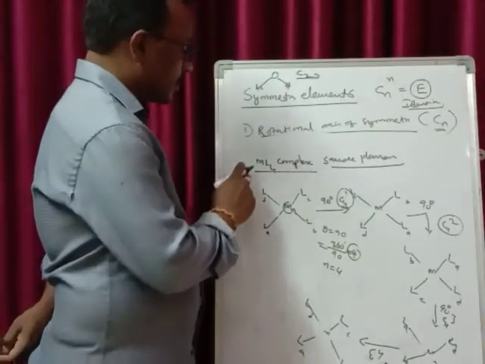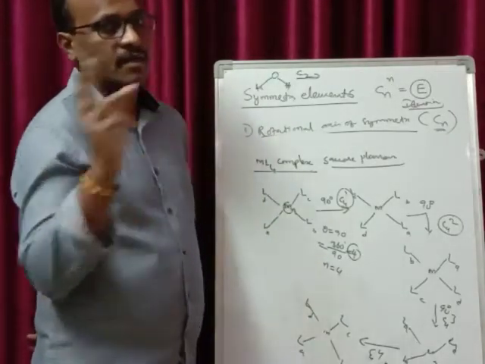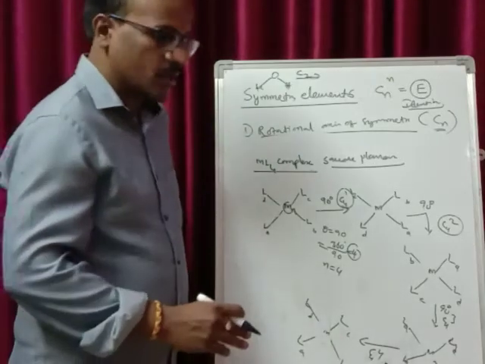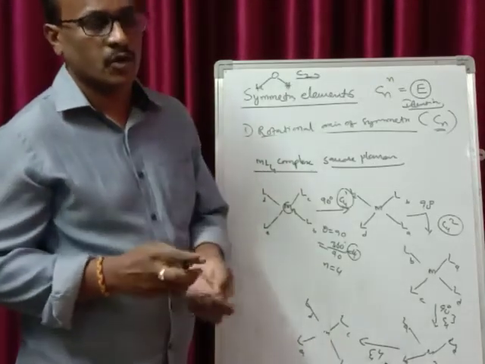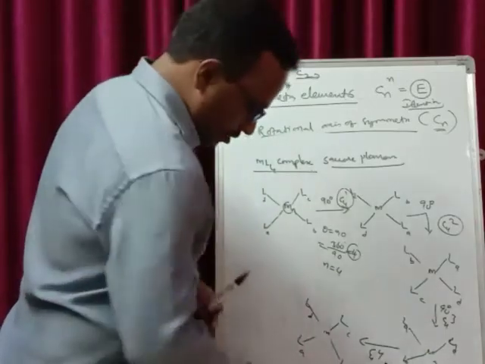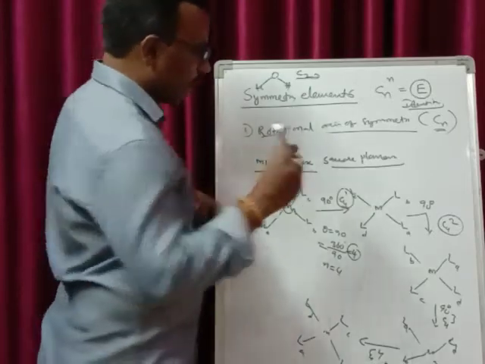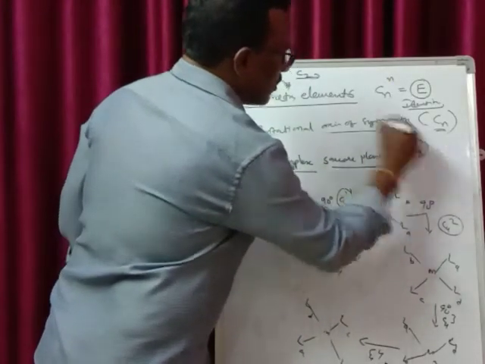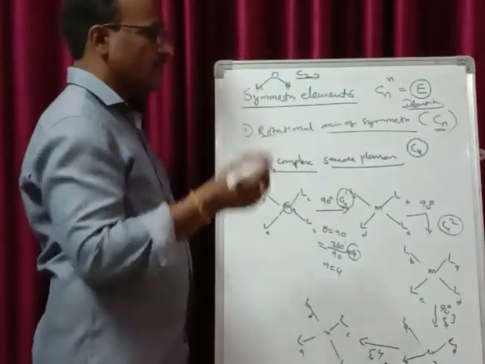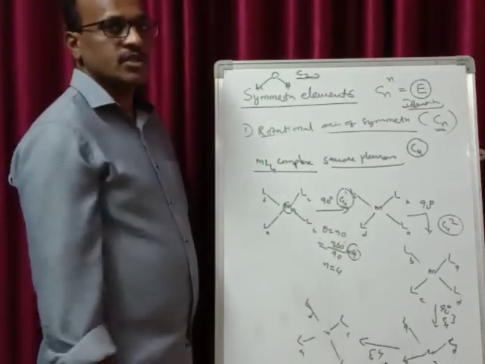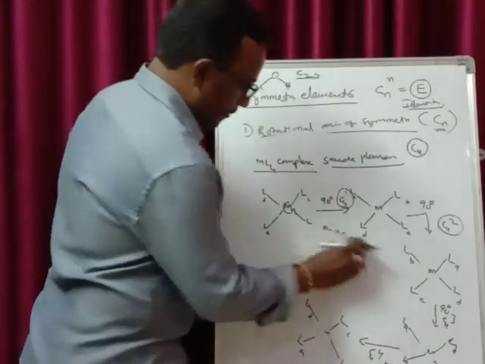We are not talking about the ML4 complexes which are tetrahedral. They come under special point groups. We will be talking about them at the end of the unit, in the special point groups. Now, one more thing regarding this. Here, this ML4 has a C4 rotational axis of symmetry. In addition to C4, it also has other rotational axes of symmetry, that is, C2 rotational axes of symmetry.